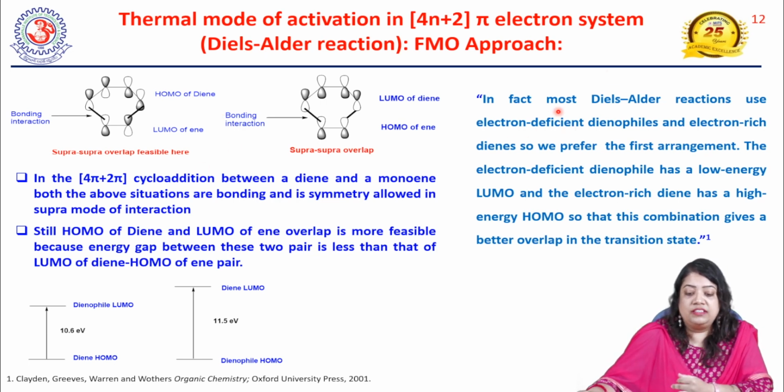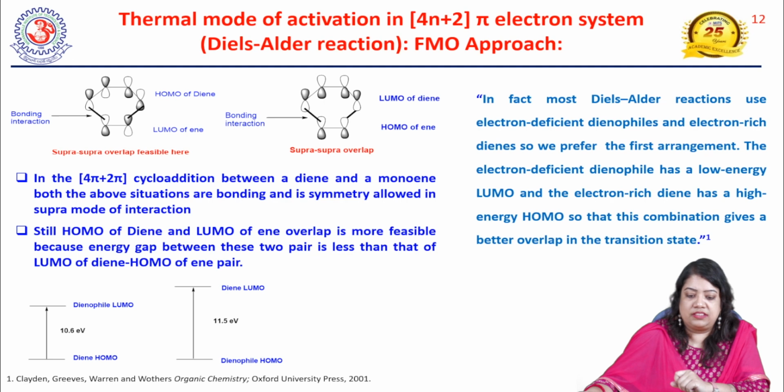Now here one thing we have to consider: when electron releasing groups are attached to the diene and electron withdrawing groups are attached to the dienophile, in those cases the Diels-Alder reactions are more facile. Those things I will discuss later in my future videos. So today I am not discussing it in much detail. Thus we will only understand that the HOMO of the diene reacts with the LUMO of the ene to give a proper combination